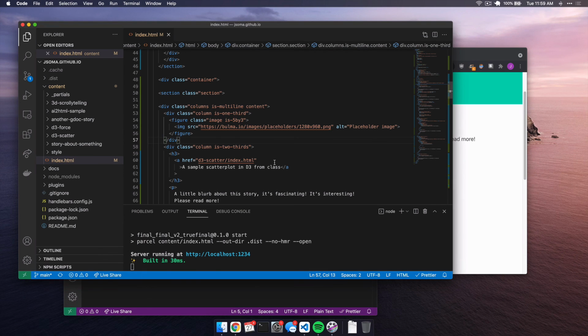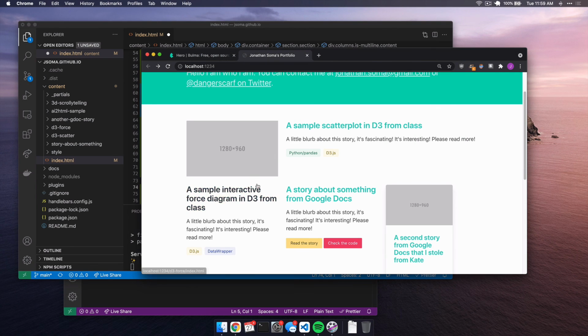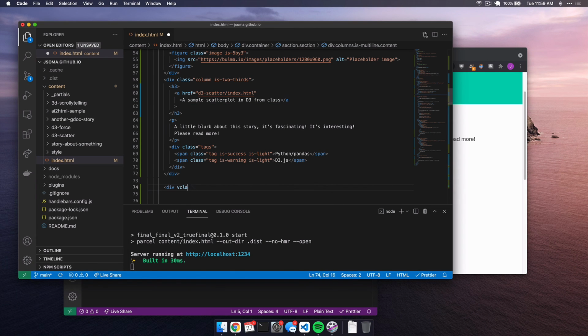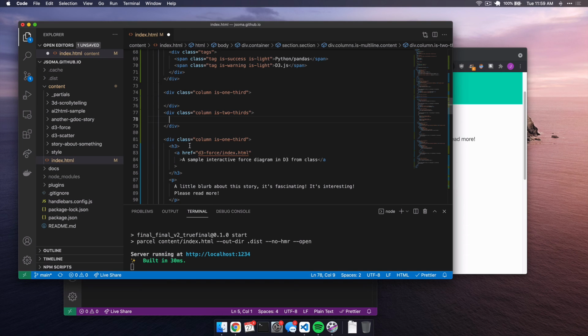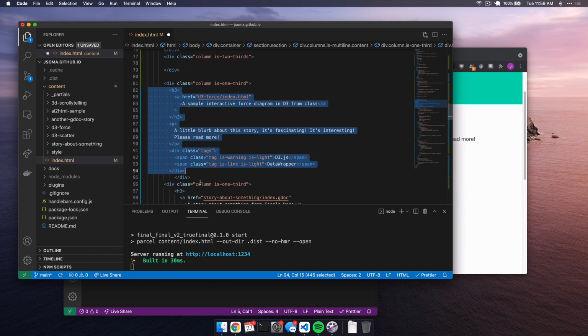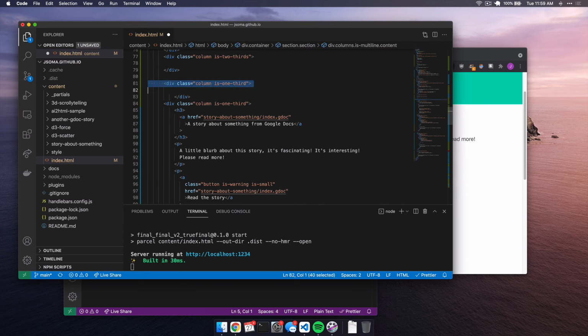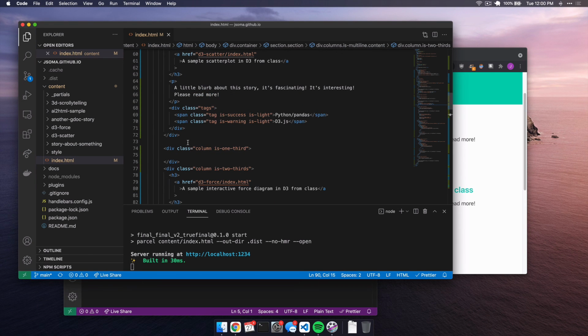We could add another column underneath this, another set of 2 columns for the next story, right? So div class equals column is 1/3, and then I can say div class equals column is 2/3. Do the same thing, take this D3 interactive. Let's see, does it end right here? I think so. And then put that in the is 2/3, refresh, it looks great. I'll put that same kind of image